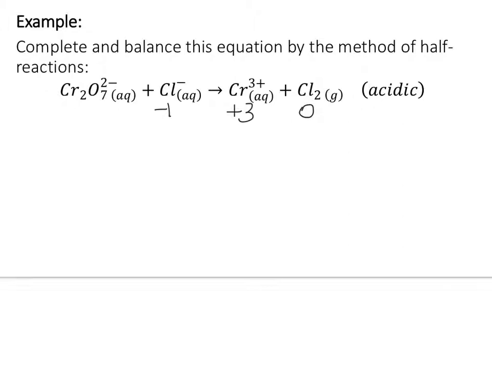And to be honest, right away I actually know what's going to be reduced, but we'll finish this anyway. So we got -2. That'll give me a -14. That means that's +12. That means that'll be a +6. All right, so my oxidation